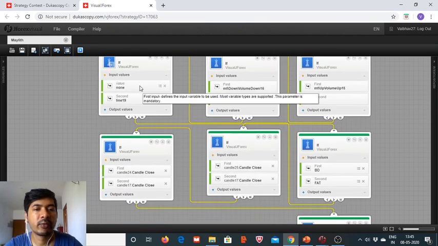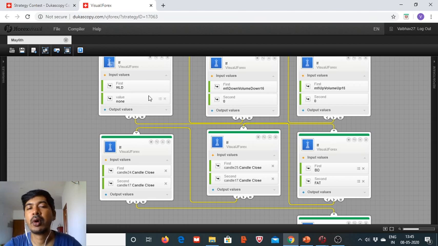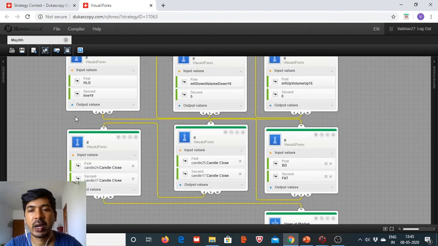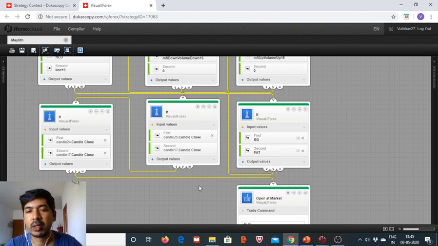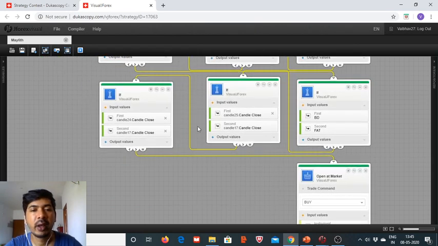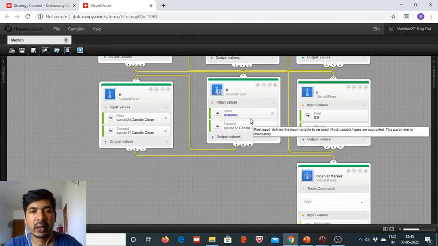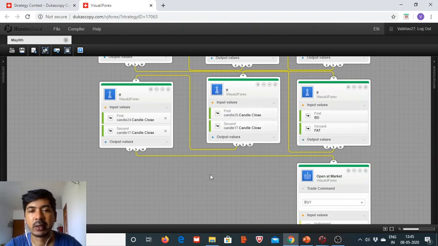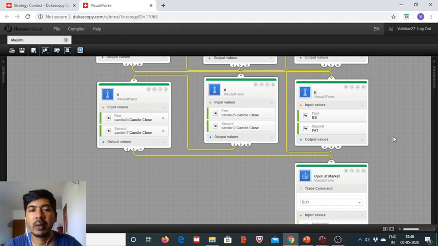Then we got the difference between the high low of the last hourly candle close, and then we are comparing it to the ATR. Then we got the buy difference, and we are comparing it to the 50% of the ATR. And just to pinpoint the exact entry point, we are comparing these 10 seconds candle closing levels to the prior candles, hourly prior candles